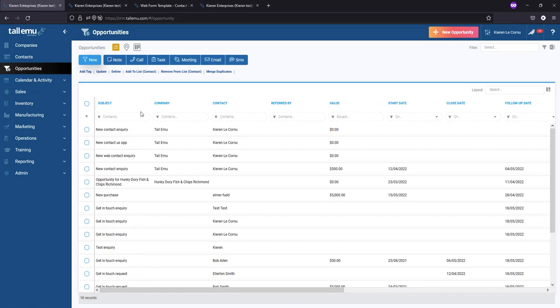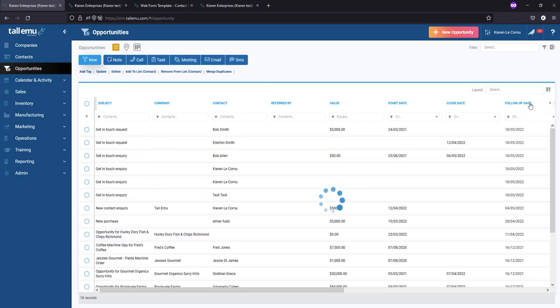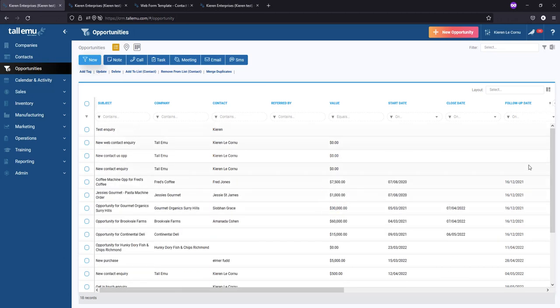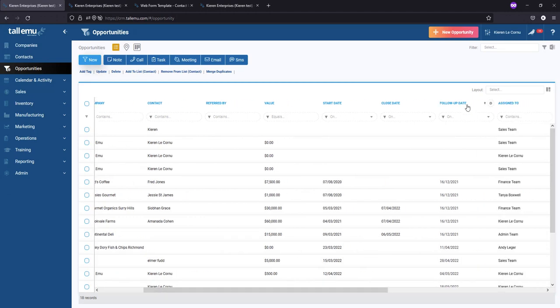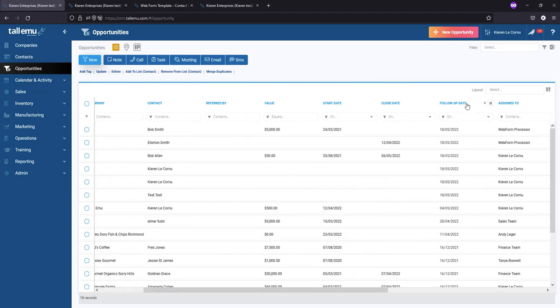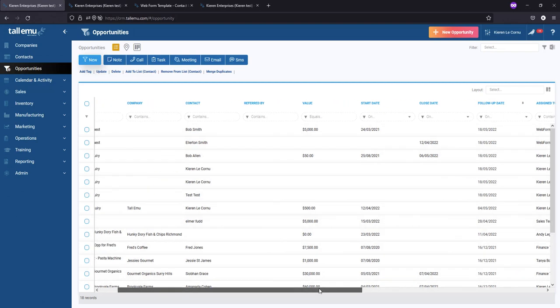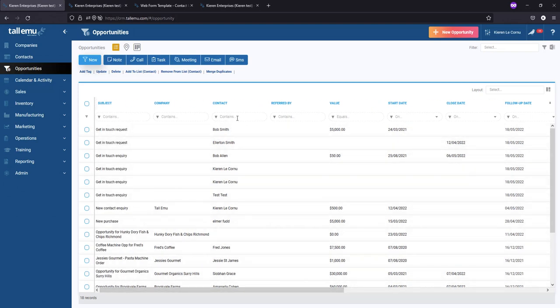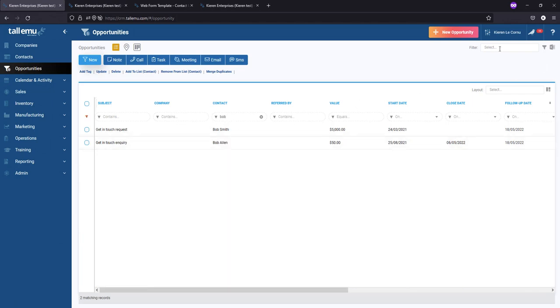The other part of being able to sort through them effectively is the information that's presented to you in the layout here. So what you'll see is we have a number of columns that are visible here, but we can manipulate this to suit our purposes. So clicking at the top of a column, we get a little arrow here to indicate that the column sort order has been changed to ascending or descending. What we can also do is use any of the search boxes in here to pull out specific records. So even if I don't need a permanent filter, I can quickly look for a record by using these search